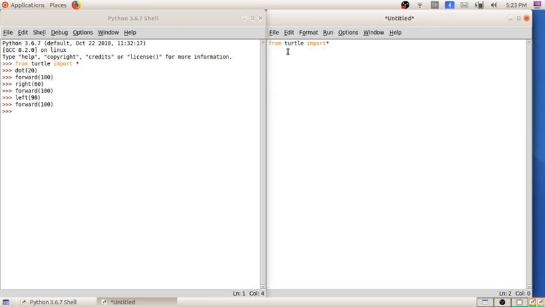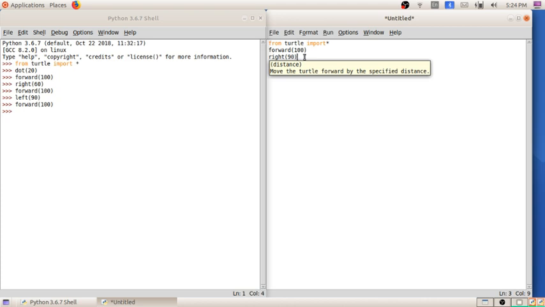So for creating that, we have to write forward of 100, right of 90° right. In the same way we have to write 4 times, then only we will be getting each forward of 100 and right of 90.